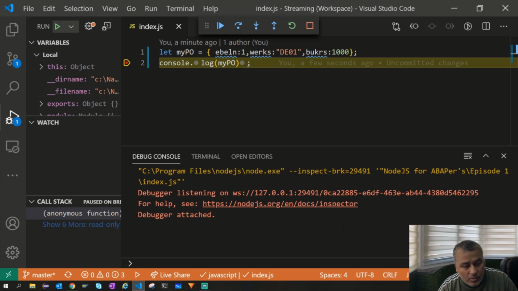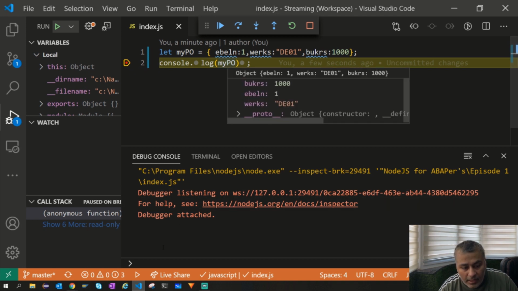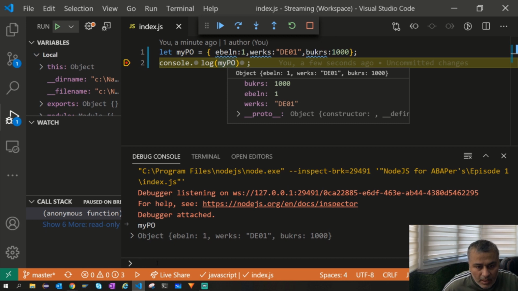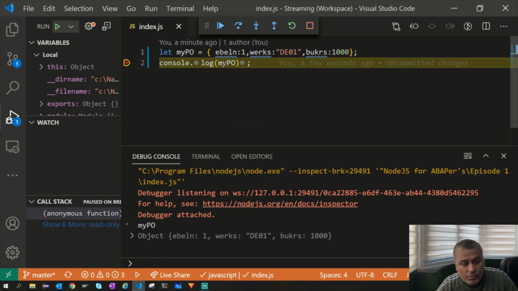This is debugger mode, right? And already you can see my code has stopped here. If I want, I can check the contents also, my PO, these are the contents. In the same way as you had it for Chrome, here also you can move forward, go back, skip, stop, and so on.